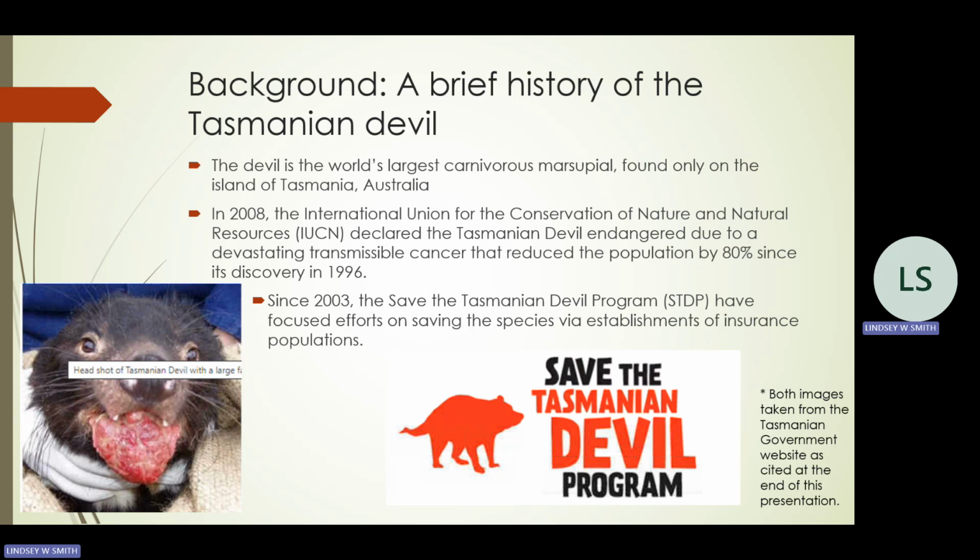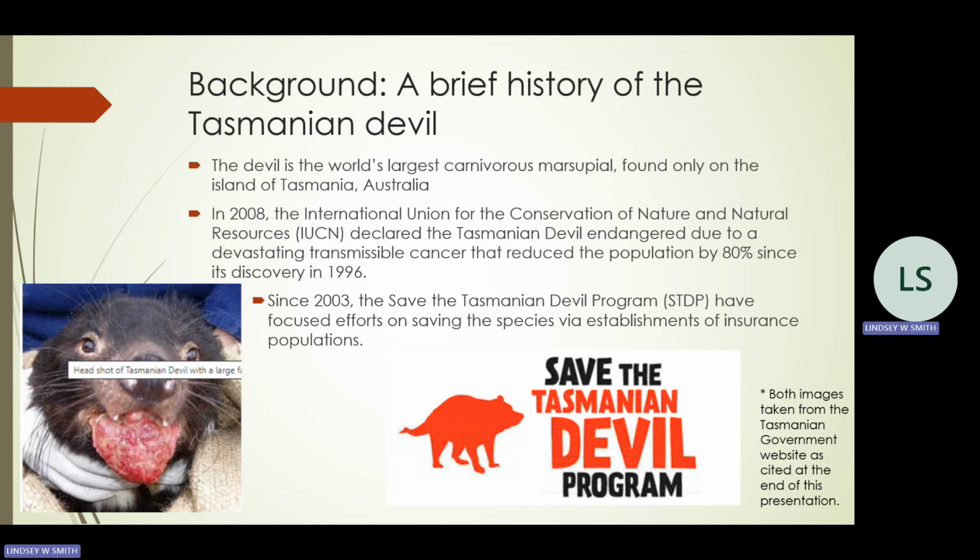The tumors themselves are, again, rapid growing and ultimately lead to starvation and the deterioration of normal bodily function, and fatality is pretty quick. Interestingly, the primary lineage of this somatic cell disease is known as DFT1, and it was found to have female origins. However, in recent years, a new lineage, DFT2, appears to be a clone with male origins. So, in short,